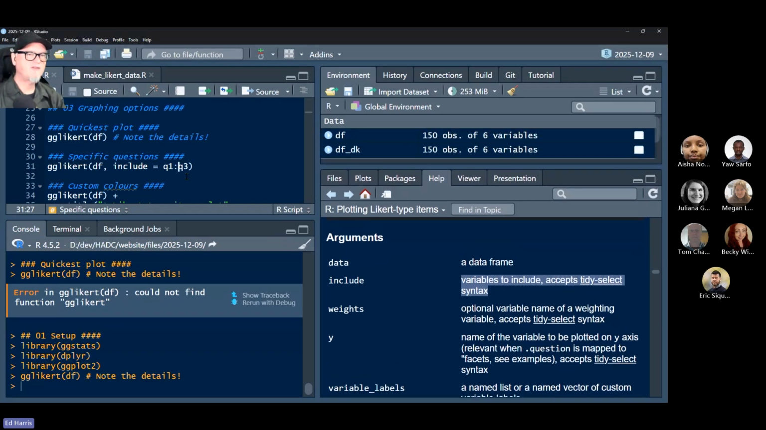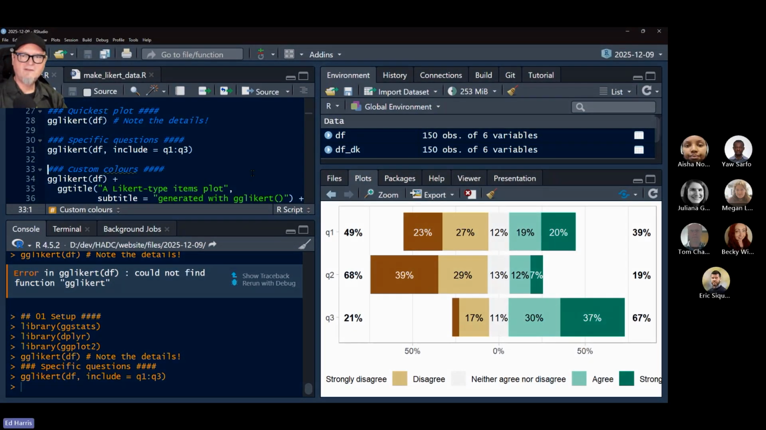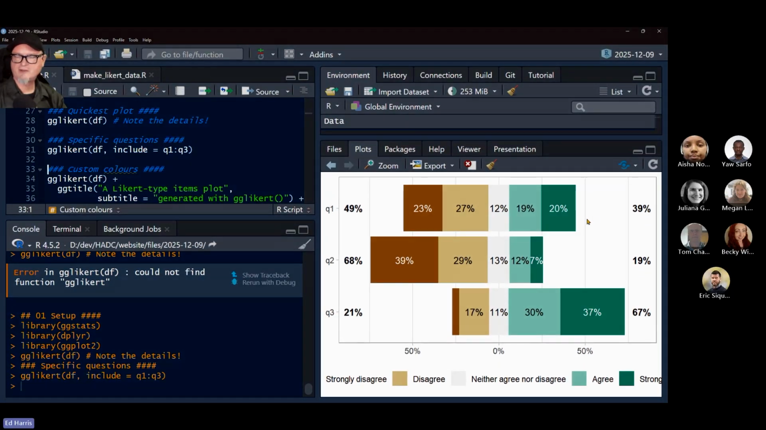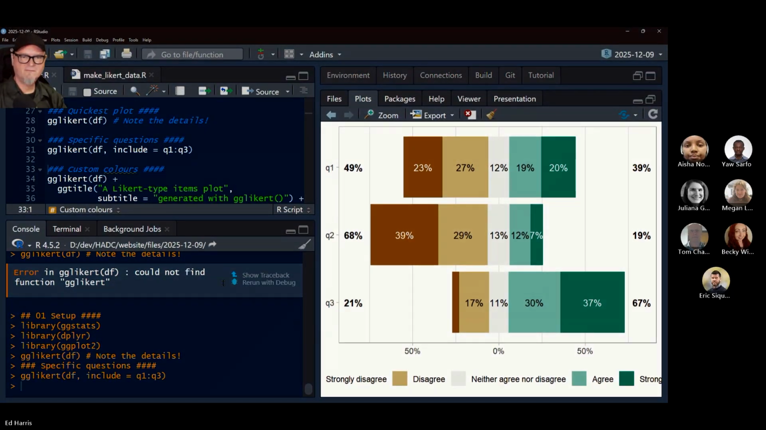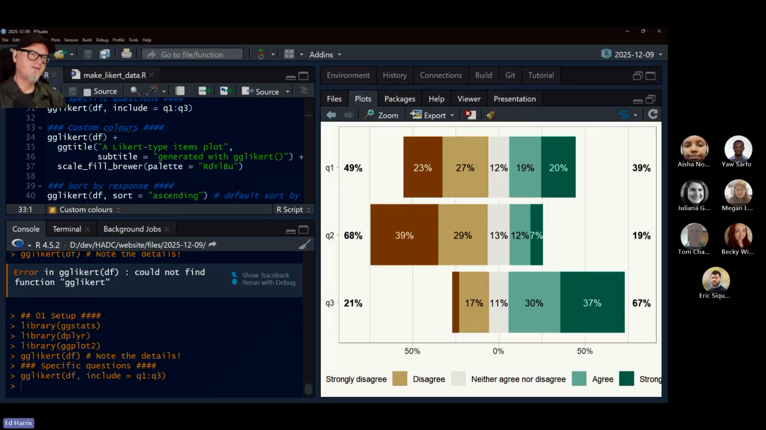Okay, so we're going to go back to the plot. We can curtail the y-axis, 3, 2, 1, down to just 3 questions there. If we want to set our colors, we would start with the function call and use that ggplot syntax. We could add a title. I really wanted to say that we could use one of the brewer